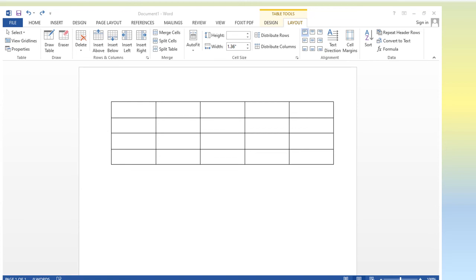So in this way, what we discussed today: we discussed how we can create the table by using the insert table menu, how we can insert text in a table, how we can move in the table, and also we discussed the alignment of text.